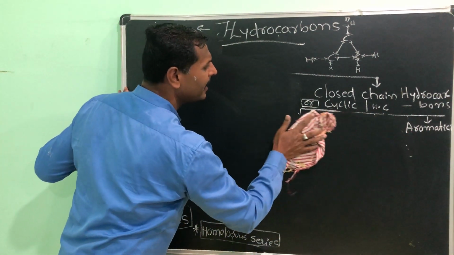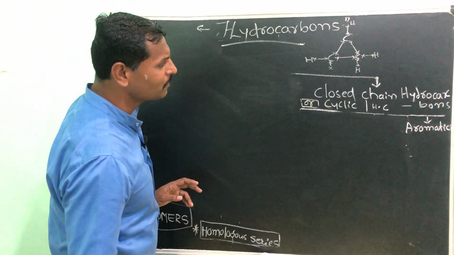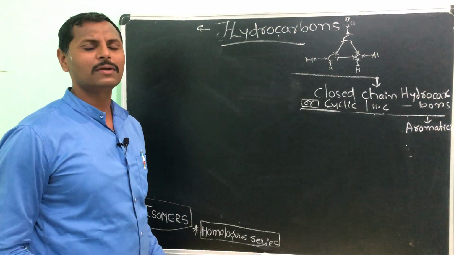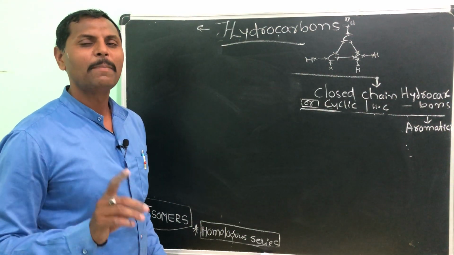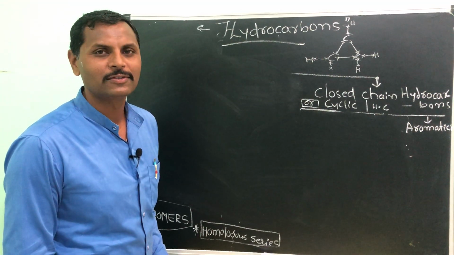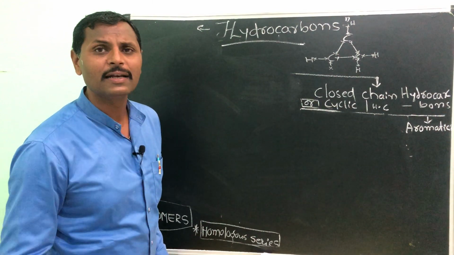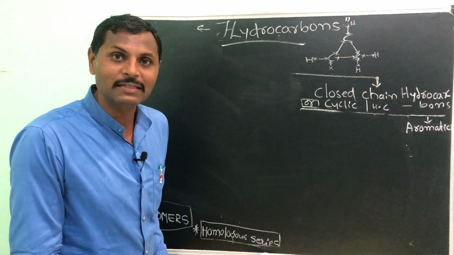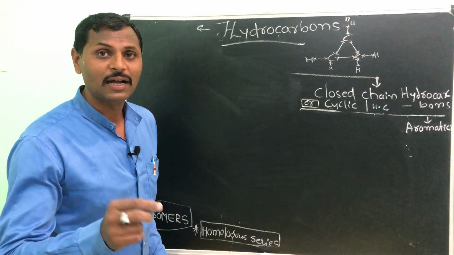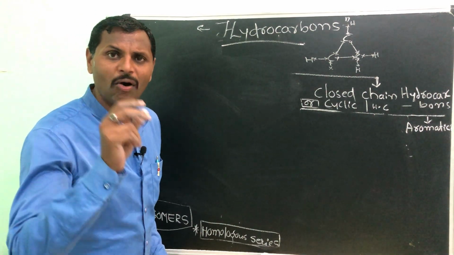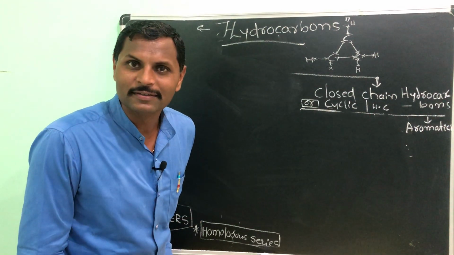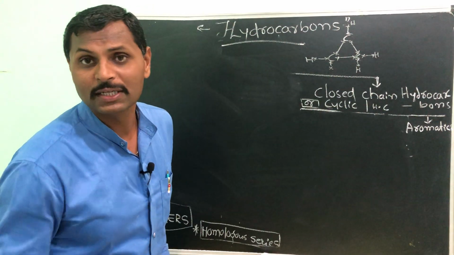Aroma means a kind of smell, a very good smell, you know, aroma. So in that we are going to study only one compound, that is benzene. But I will tell you another two also, that is toluene and naphthalene. Why? Because naphthalene we are using in mothballs. Mothballs are balls that we keep in the cloth to avoid cockroaches and worms. In Kannada we call it dambar gulgi, isn't it?